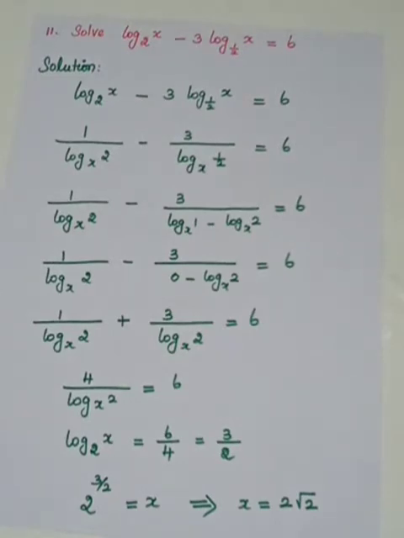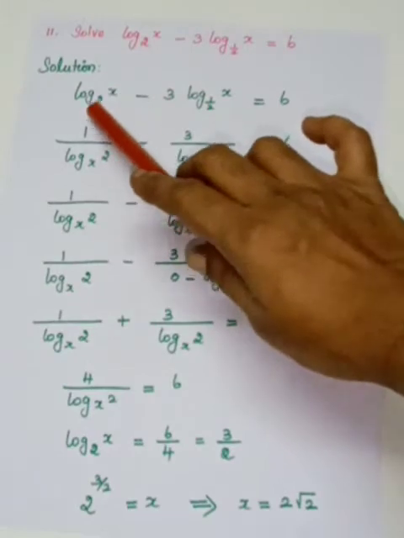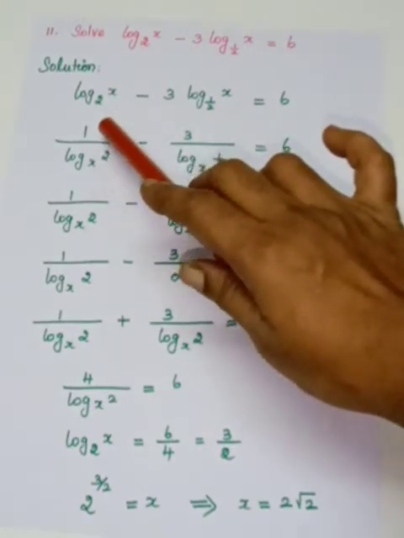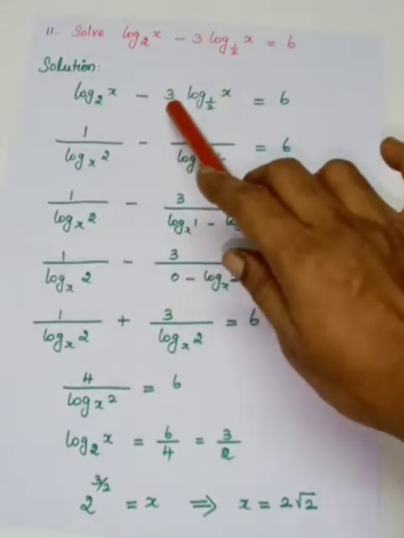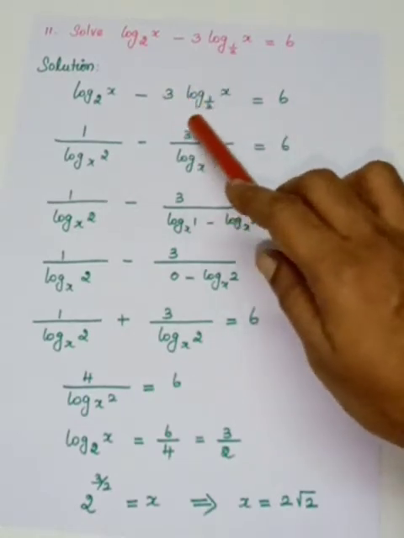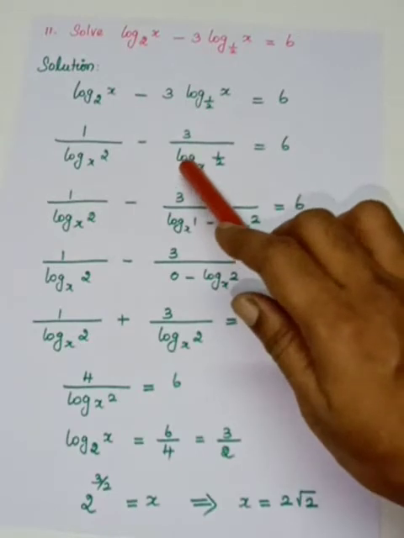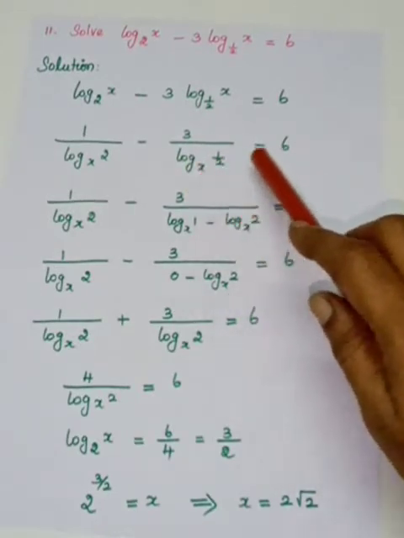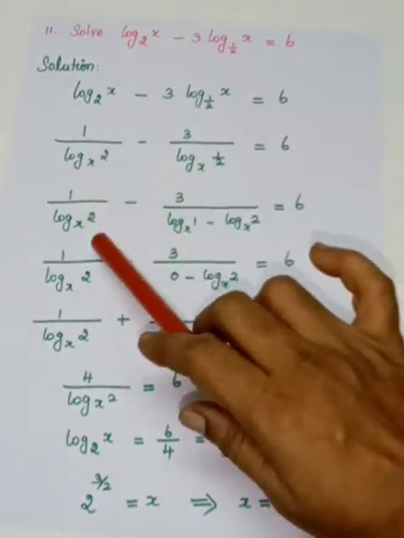So we consider the whole term. Okay, so I am going to change the base to 2 in this problem. It will be the change of base rule, 1 by log 2 to the base x. Here 3 is a constant I have written in the numerator. I am going to use the change of base rule for this one, so it can be written with log of 1 by 2 to the base x in the denominator, equal to 6. Okay, the first term I have written as it is.